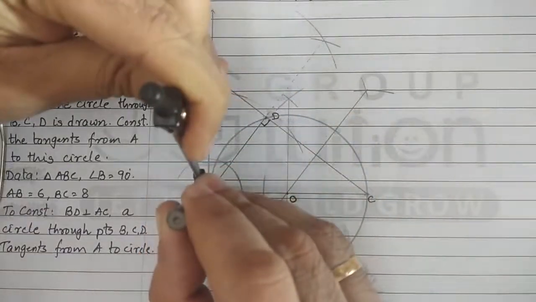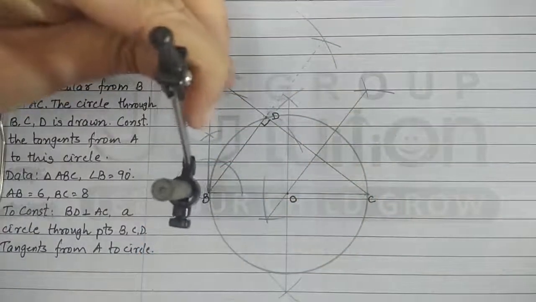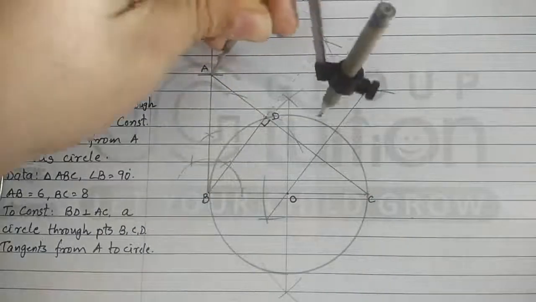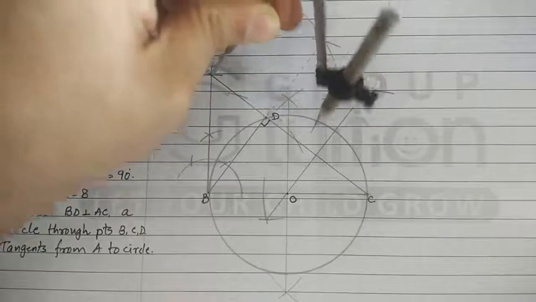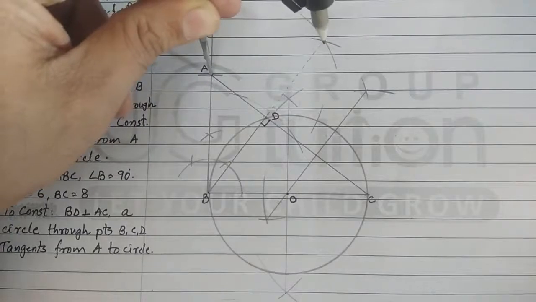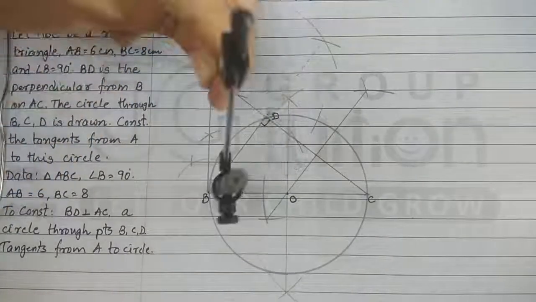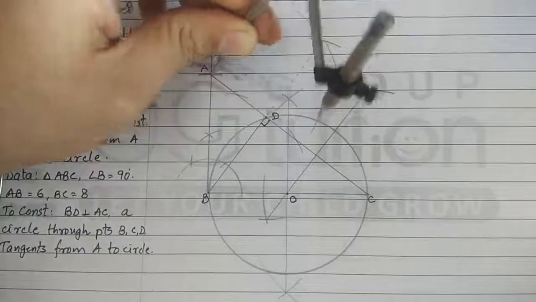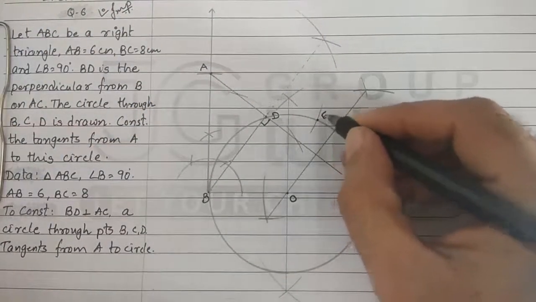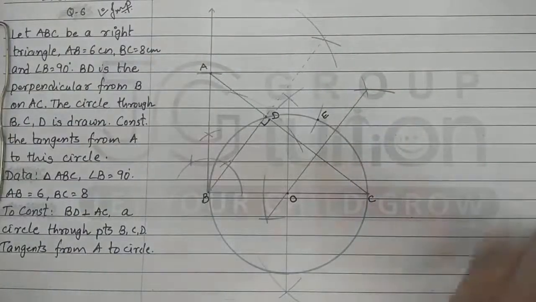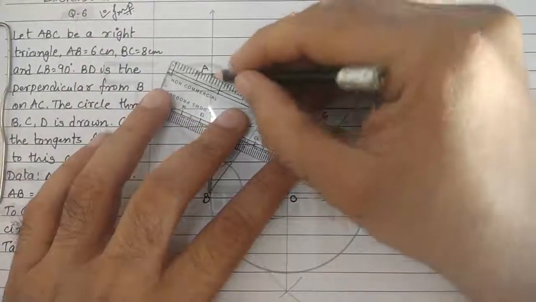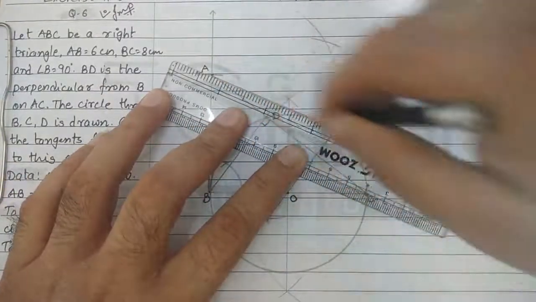मतलब AB एक टेंजेंट ही है बिकॉज B is right angle. So AB is a tangent. Now the other tangent must be of the same length. The tangents from the exterior point to the given circle are of equal length. AB का जो लेंथ था वही लेंथ हमने इधर बनाया. And this intersecting point on the circle is given as point E. Now we should join AE, which is the other tangent of this circle, or we can say the required tangent.